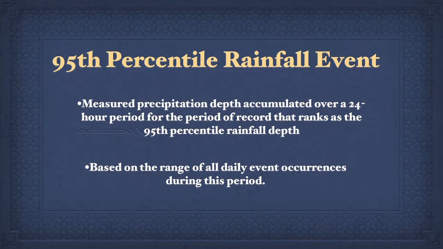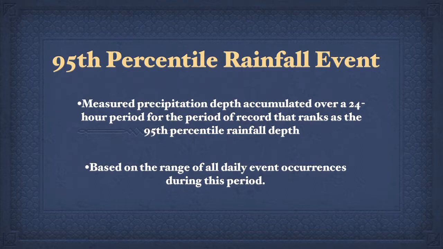For example, the 95th percentile of rainfall events is the measured precipitation depth accumulated over 24 hours that ranks as the 95th percent rainfall depth based on the range of all daily event occurrences during the